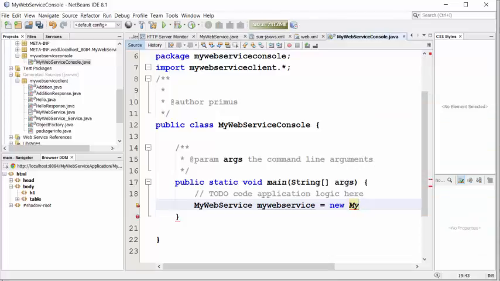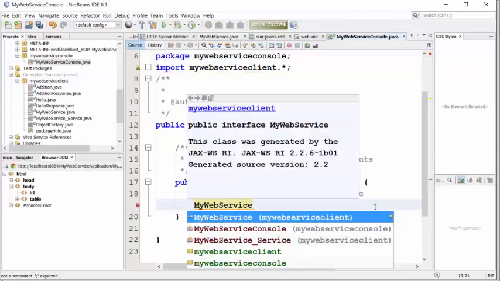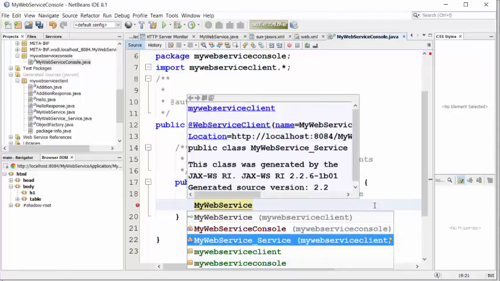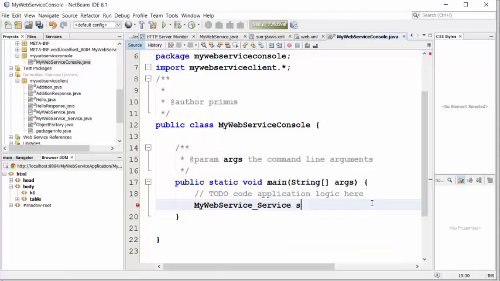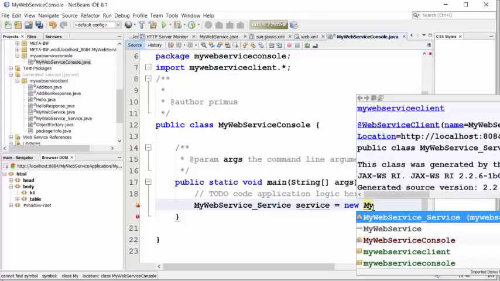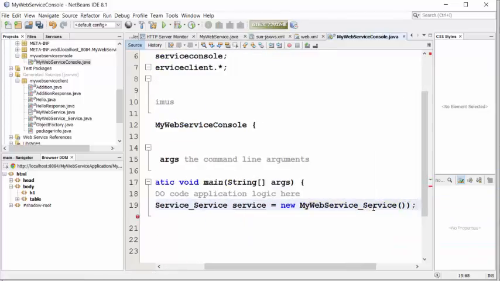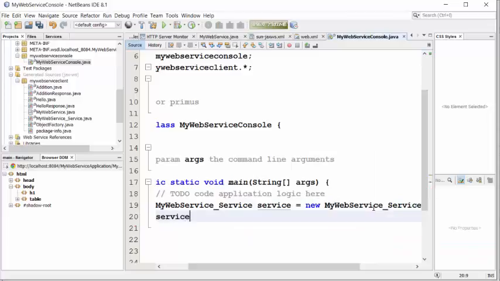Okay, so it seems that's an interface, so you can't instantiate them. Just double check. That's an interface. Okay, so service dot